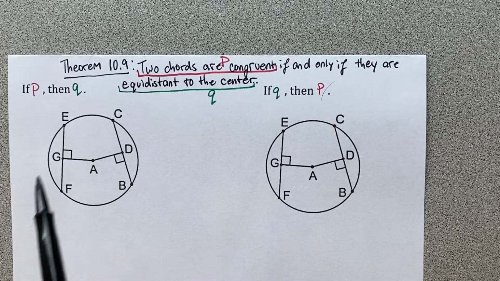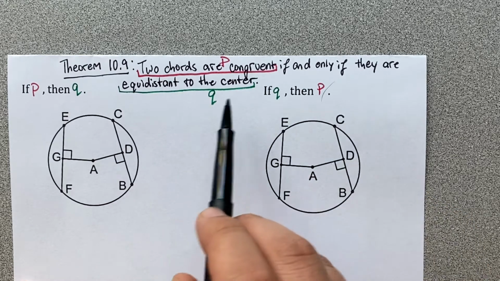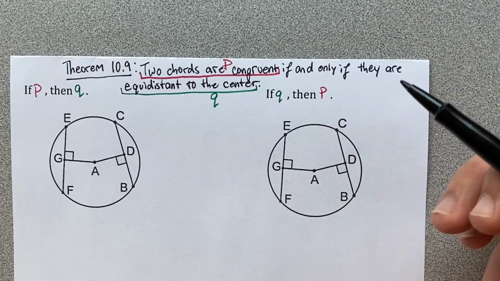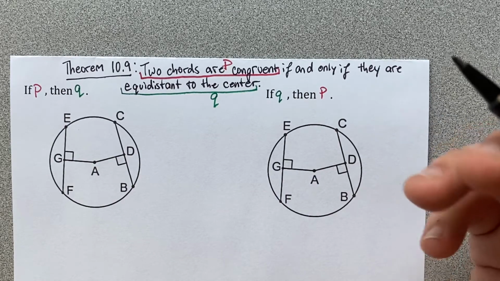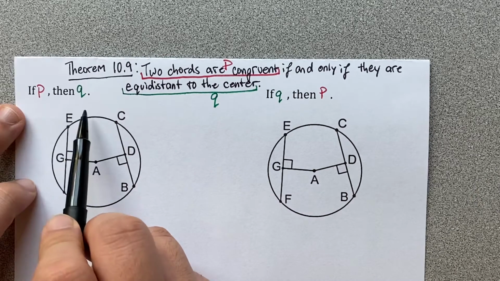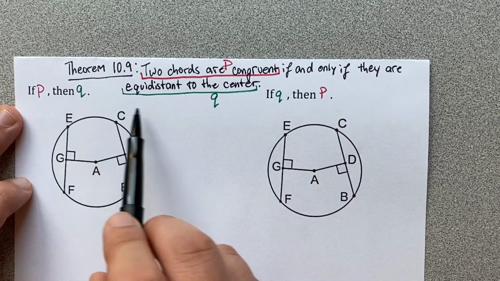Theorem 10.9 states, two chords are congruent if and only if they are equidistant to the center. Now, again, this is a biconditional statement, meaning that there's really two ways to interpret this theorem. One reading is that this is if P then Q, which says if two chords are congruent, then they are equidistant